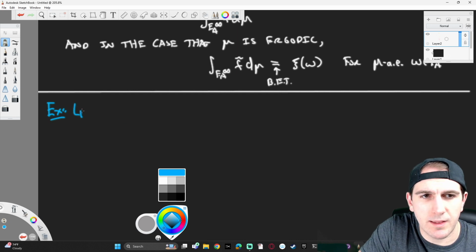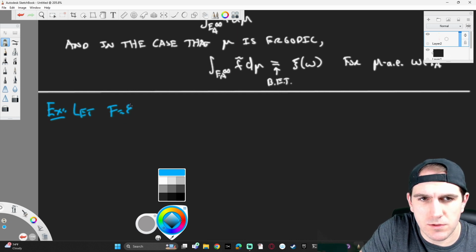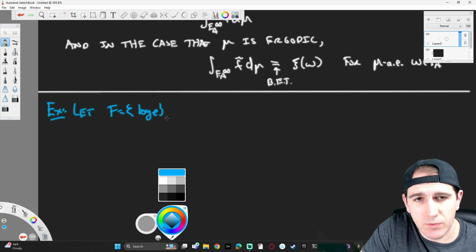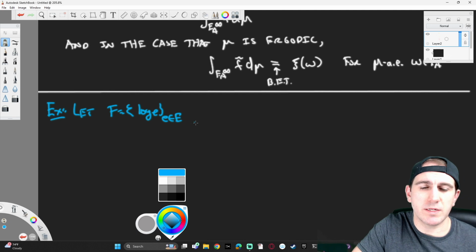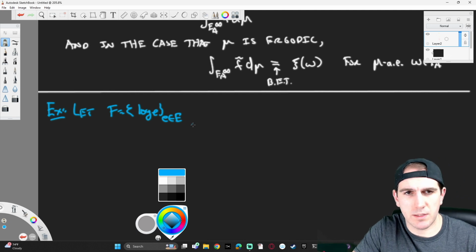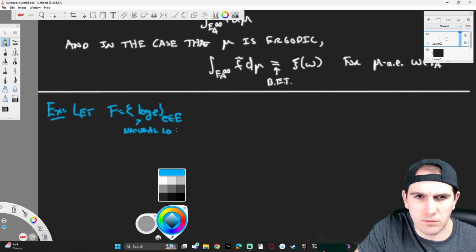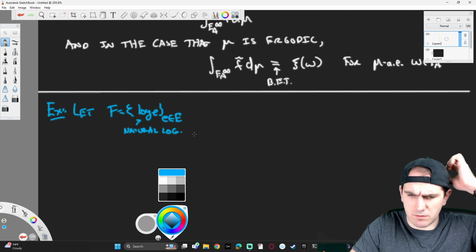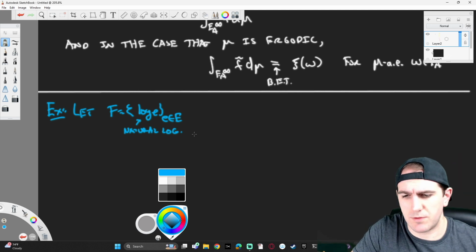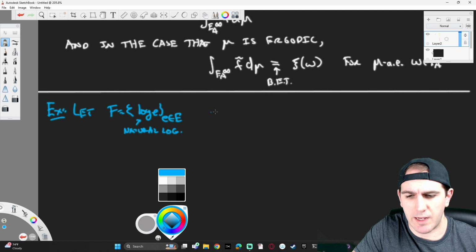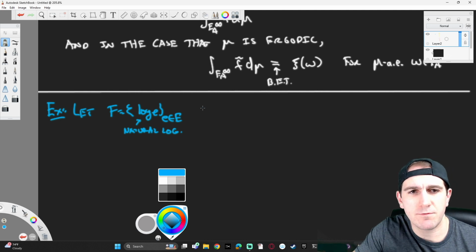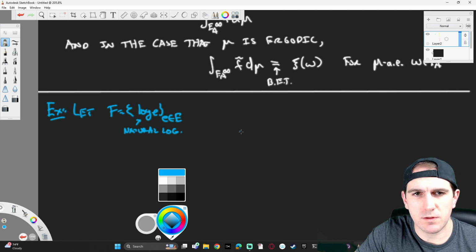So we go ahead and let f be equal to log e, where e is an element of the alphabet and not Euler's number in this case, and my log is natural, so this is the natural log, which is common in my area to just use log instead of natural log, and then e for a symbol in the alphabet. So if you have your family just be log of whatever symbol, then this defines